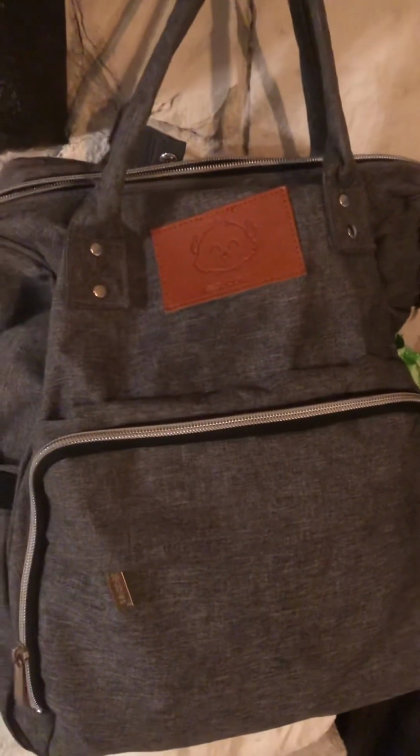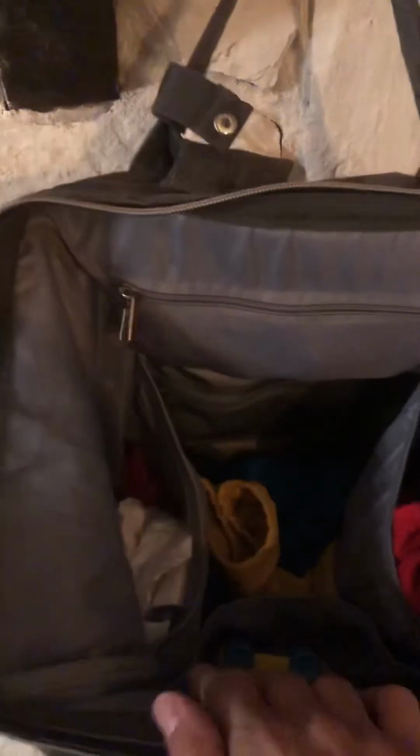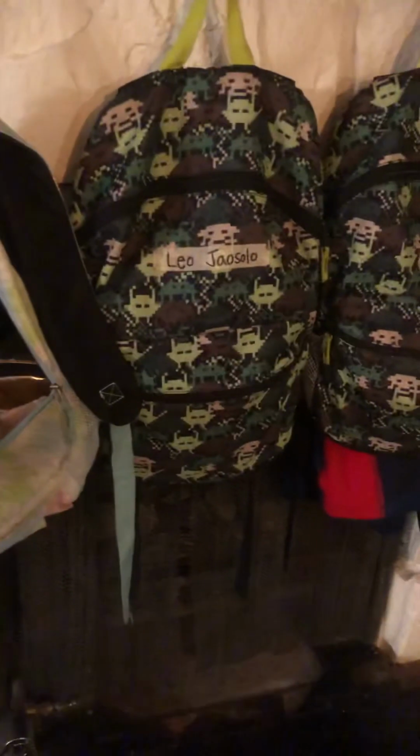Same with my diaper bag. If my diaper bag is all ready and zipped up, and for some reason I'm running late, I might be tempted just to grab it and go. But with it being opened, it only takes 2 seconds for me to be like, I have enough diapers, but I don't have a milk. Run and get the milk, zip it up, now I'm ready to go. Right? So it's just a way to make it so that I don't have to retain so much information in my head with 5 kids,